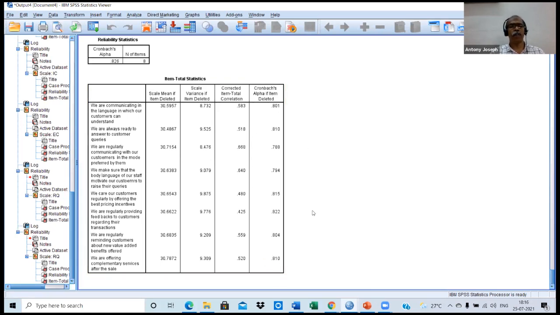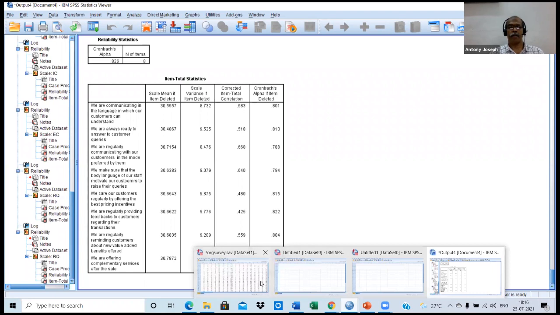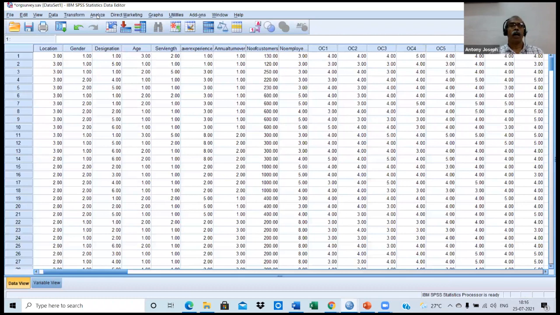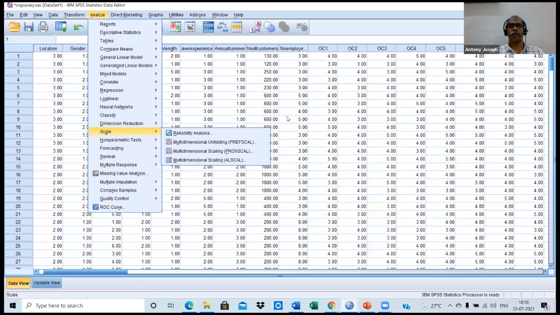I know now you may be familiar with the process, but the thing is that you have to understand the entire process. How difficult it is to do research. What are the different steps to be done? Okay, that must be understood by all researchers. That's why I'm repeating the entire process. Okay, then. Scale, reliability, send back all these.